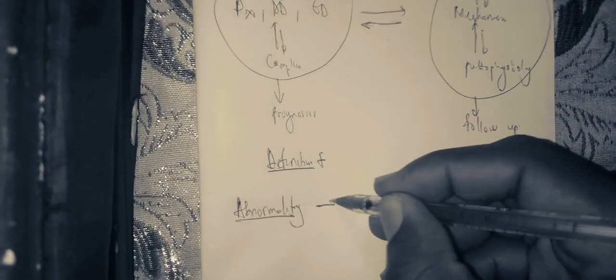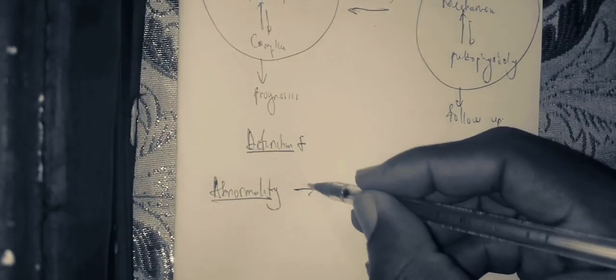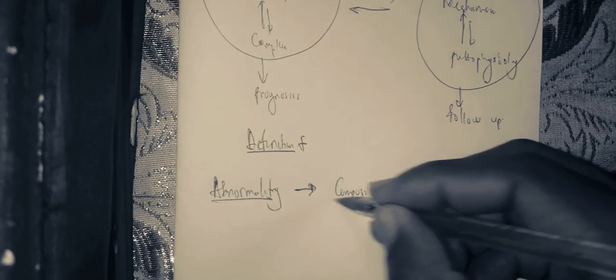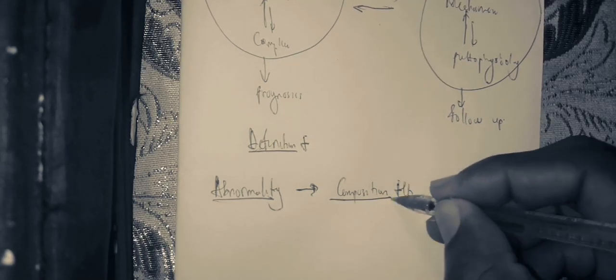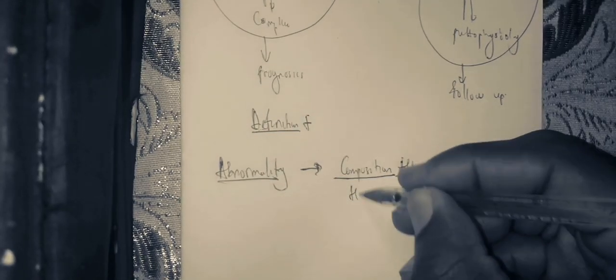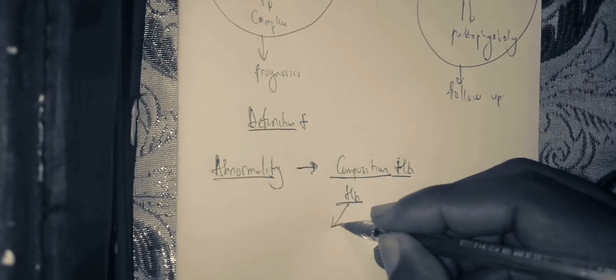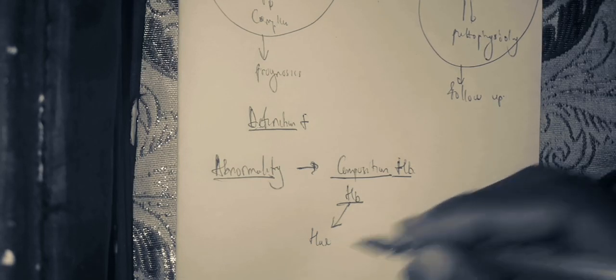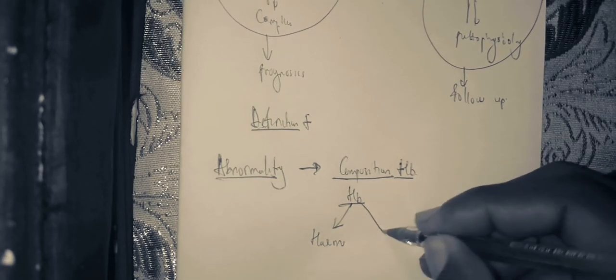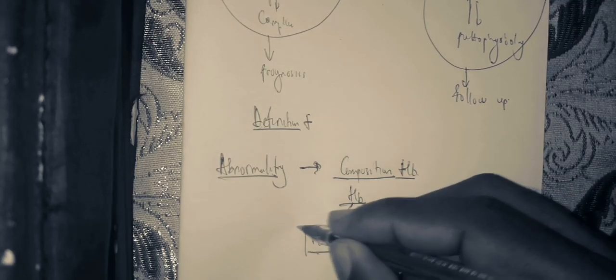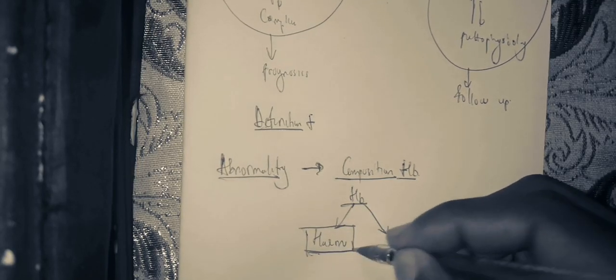Now, to understand the abnormality, you have to actually know the composition of hemoglobin. Is it clear? Hemoglobin is made up of two major parts. It has heme and then it has globin. Is it clear? So the heme is not abnormal in the case of